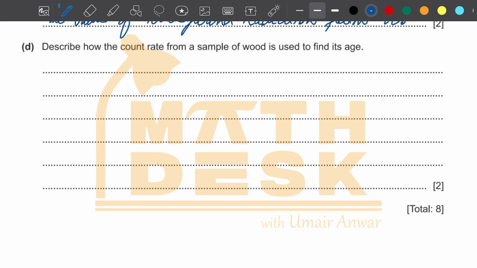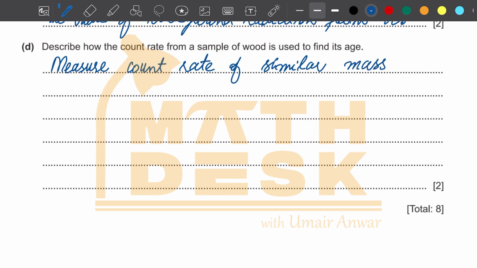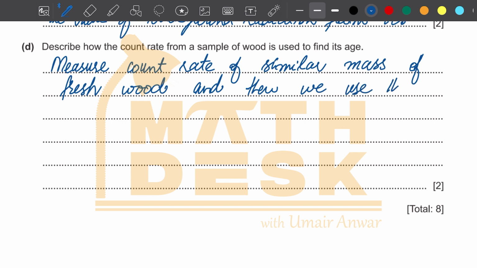So first of all, we measure the count rate of a similar mass of fresh wood, and then we use the graph to find the age